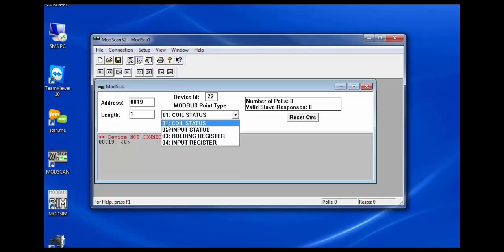Now notice this drop down, it has 0, 1, 2, 3, 4. Notice those are the function codes that represent the different function code names. So we want to read an input register. So note how I've just set this up. This is a Modbus master. I'm telling it, you know what? Read from a PLC with unit ID 22, start at address 19, and length 1 register, and it's an input